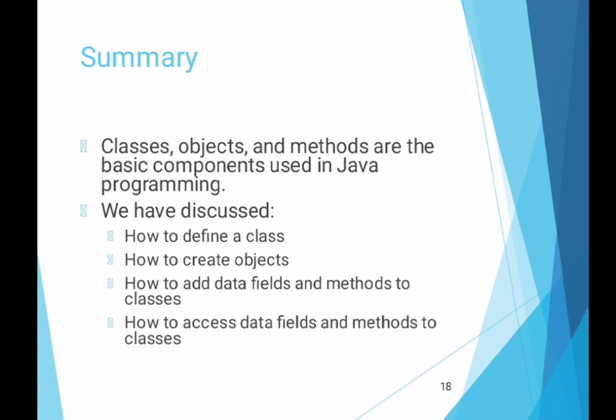Okay, now the summary of what we have studied till now. What is meant by classes, objects, methods, which are all the basic concepts or components used in Java programming. We discussed here how we define a class, how we create an object, and how we add a particular field or variable or method in that class. And how we can access the declared object or field or variable by using a method of a class. Hope you understand all these simple topics which are used in Java for classes.